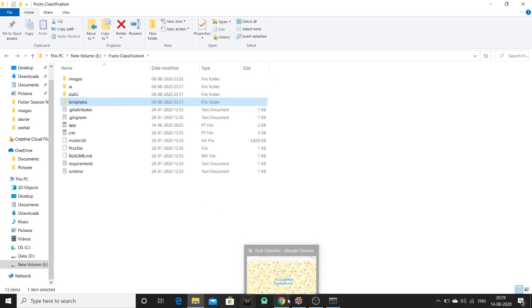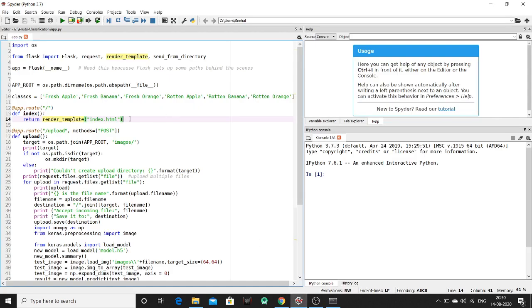So let's jump to the code. Here we are using render_template. This function is only used to include our HTML file, and that is the use of this object which we have imported from the Flask module.